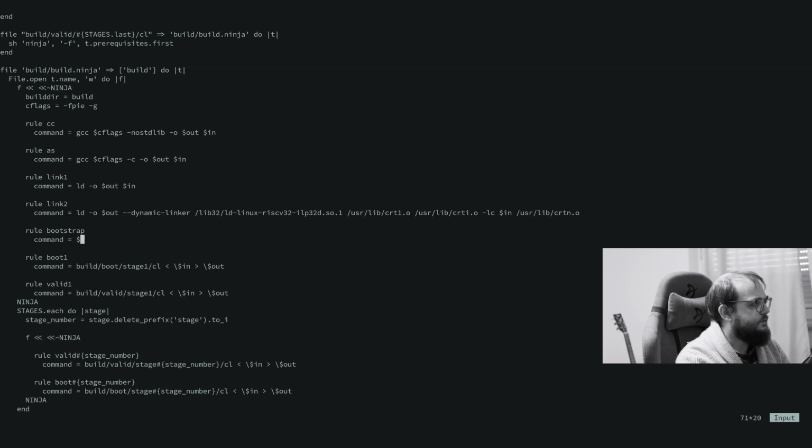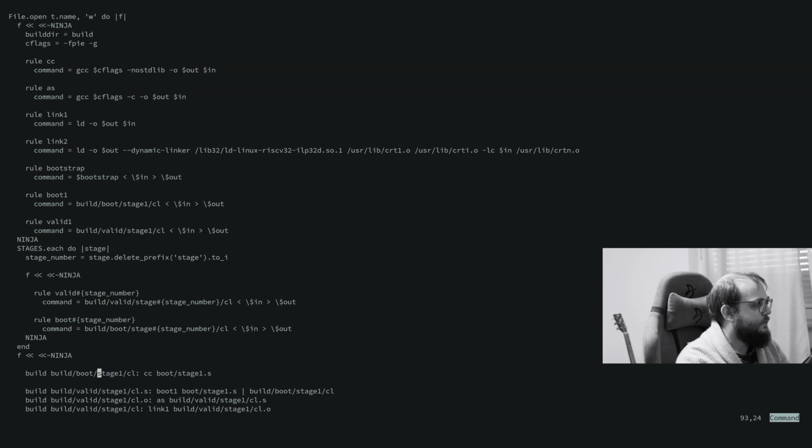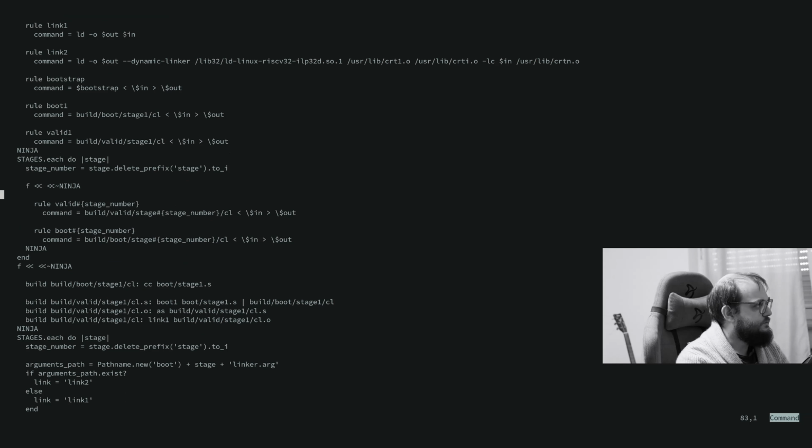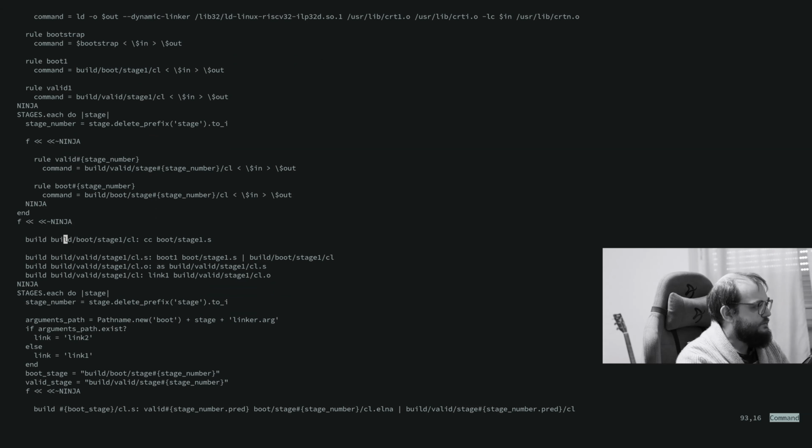And I think that I can use a variable here, like bootstrap, and then in and out variables. And so this is the rule generation. It isn't interesting, but here